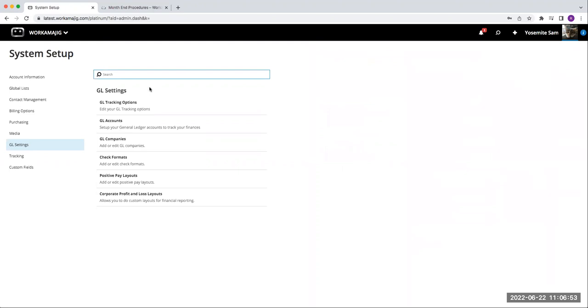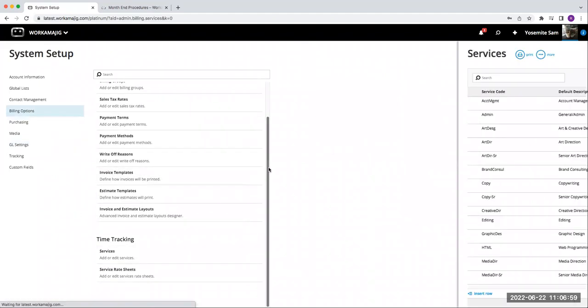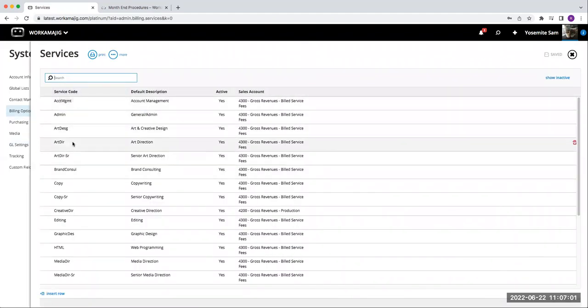But also, we can dive a little bit deeper, and we'll talk about, under our billing options, we have our services. And here within our services, this is our labor, right? And if we wanted to create a client invoice and we wanted that client invoice to post in detail, and we're billing time on that invoice, then we would be able to